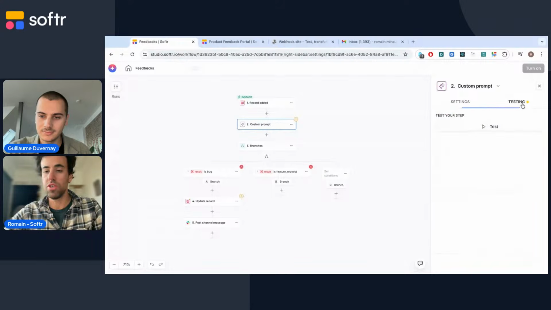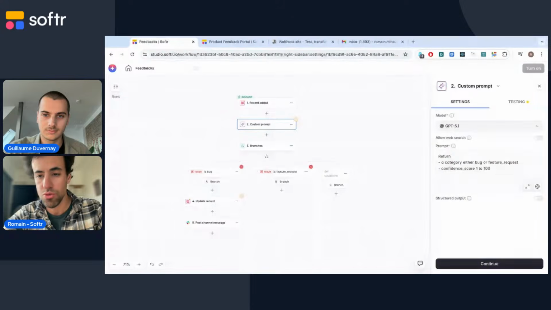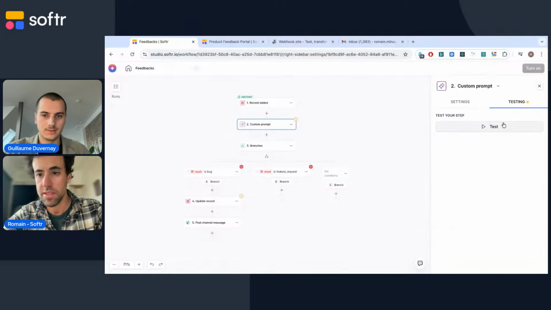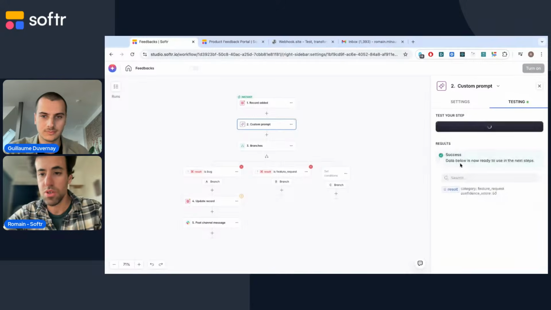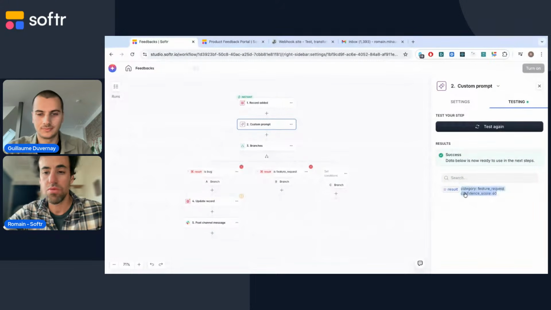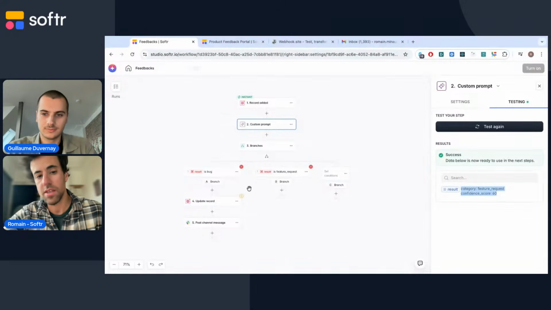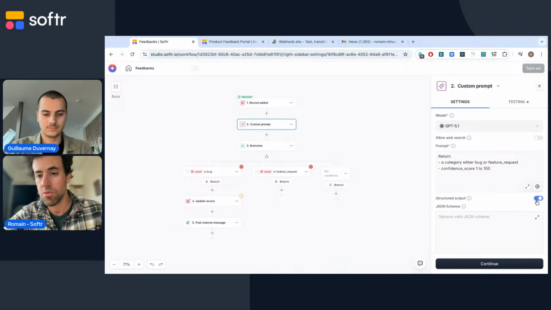Exactly. And usually, to be able to use that, you will need to use structured output. So I'm going to show you the difference. If you don't use that, the output that you will get is, as you see here, some text. But if it's some text, it won't be easy to use that as a filter in the branches. So usually you like to have structured output.